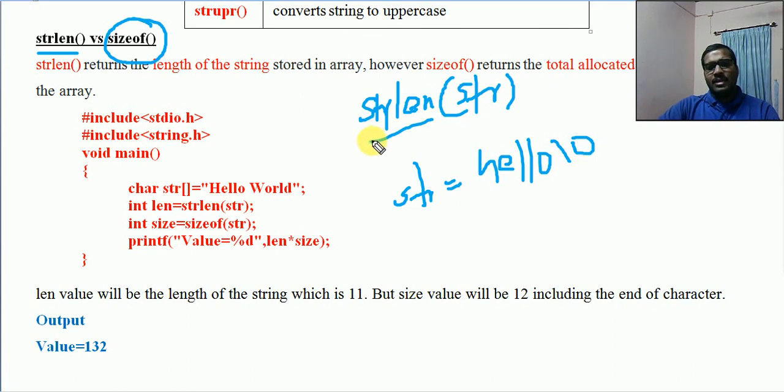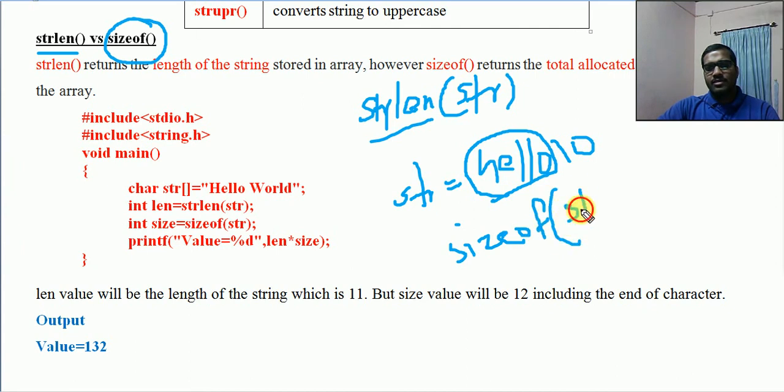But strlen will return only the length of the exact string, excluding this \0. But if we use sizeof str, where str is the string variable for this string hello, it will return something different.